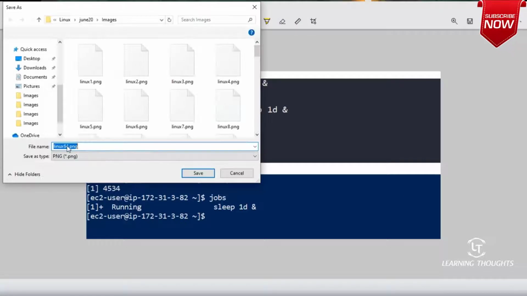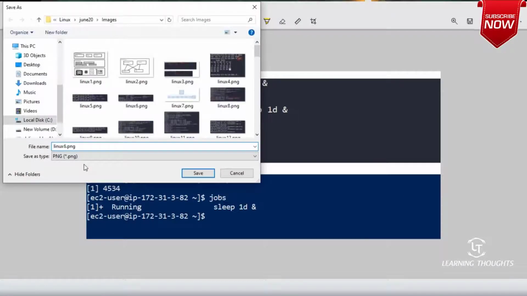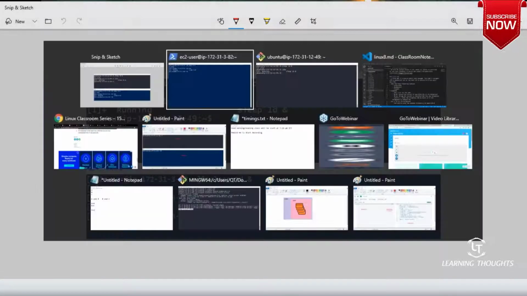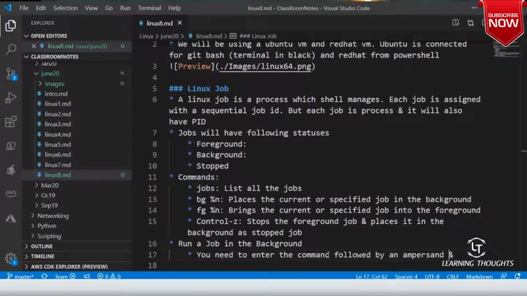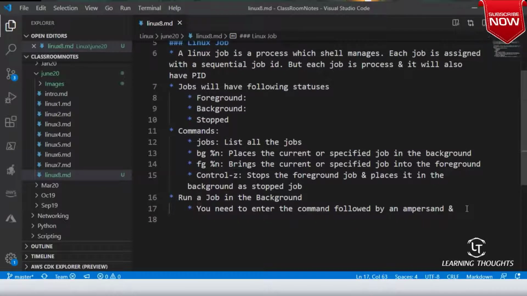Any command with ampersand at the end will basically create a background job. So what we have done is sleep 1d ampersand, and then I have executed the jobs command.